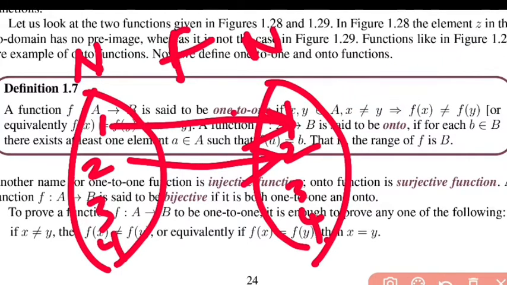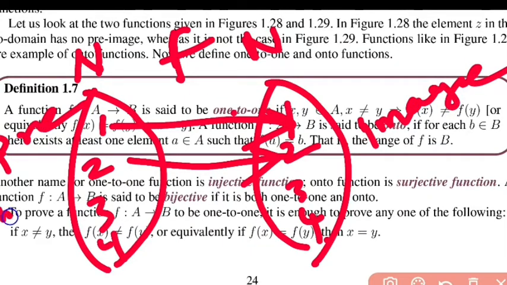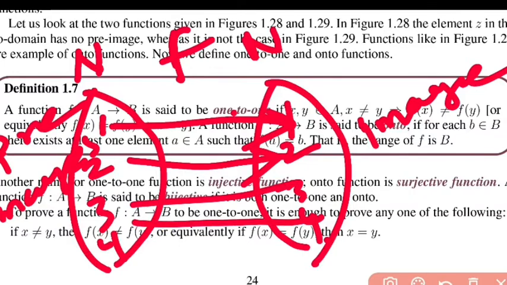Okay, this is the image point, this is the pre-image point. So if all images have pre-images, then it's called onto function. If any one image does not have the pre-image, it's called not onto function.